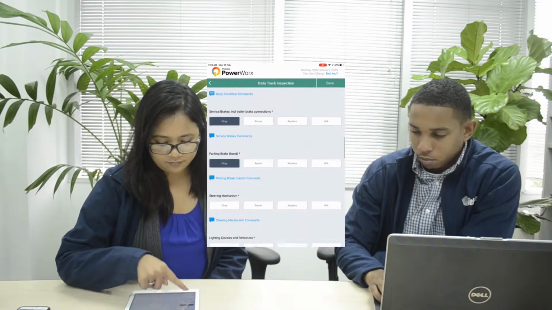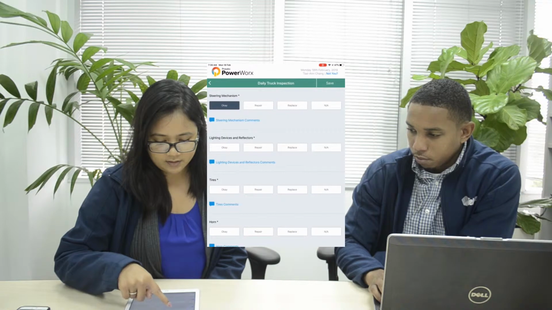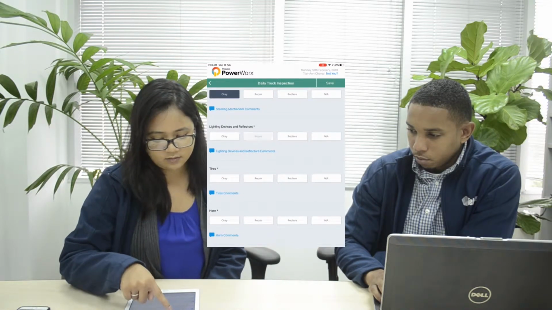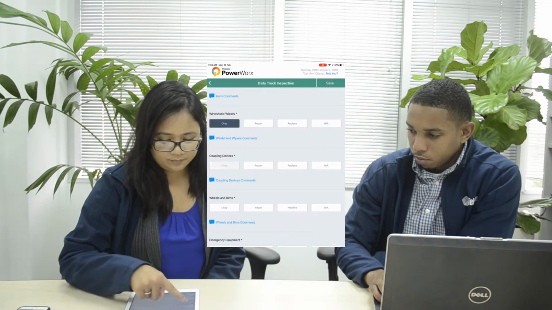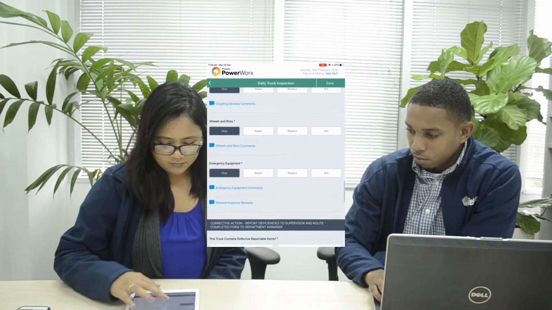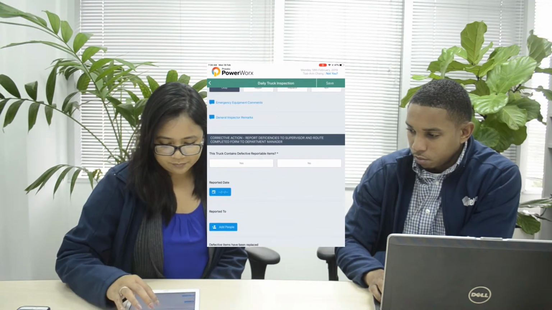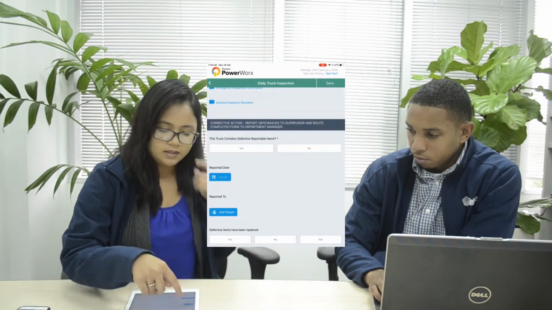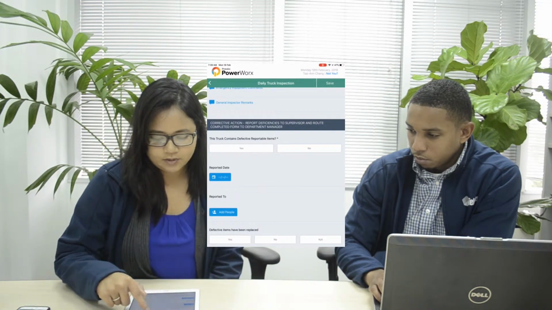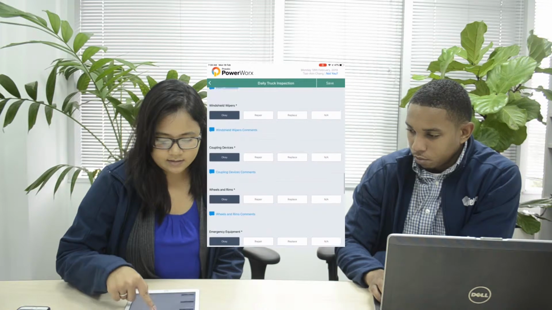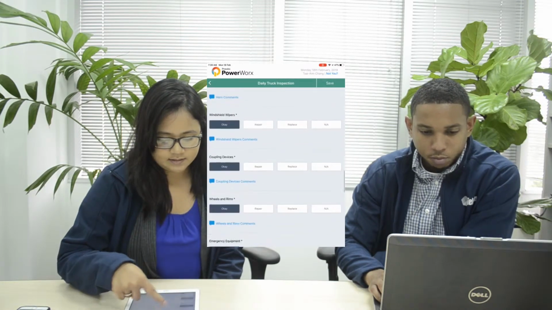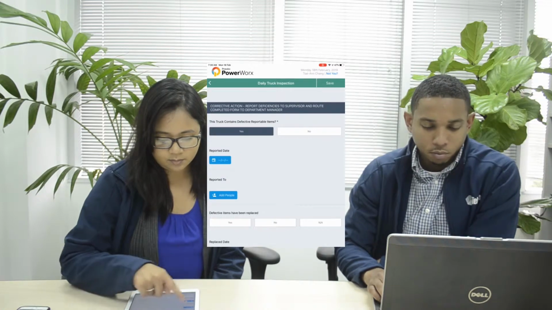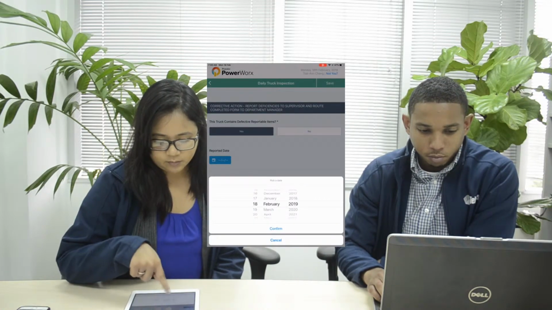You could go ahead and fill out all the rest of the things. We'll say lighting devices and reflectors need repairing. Click OK. For the rest of them, no comments otherwise. This truck contains defective reportable items. We'll click yes because of the fact that up here we said that lighting devices and reflectors needed to be repaired. We could say that we reported it